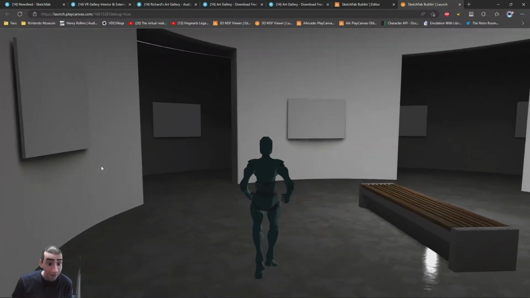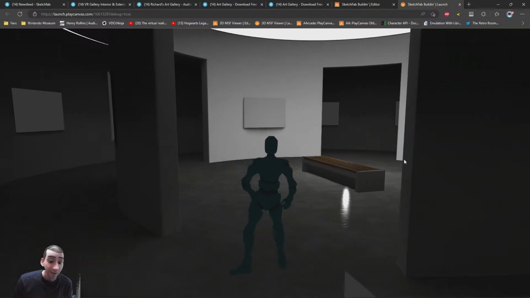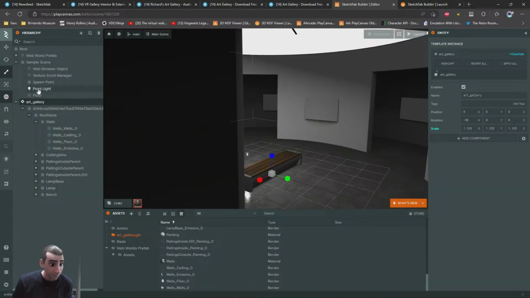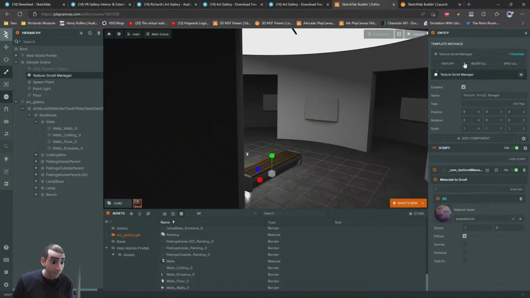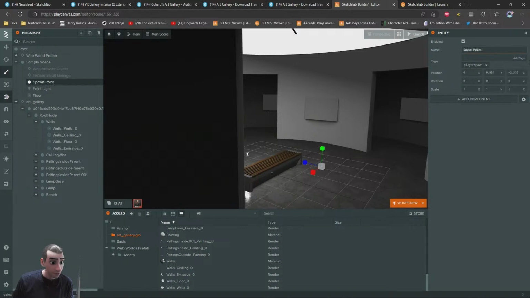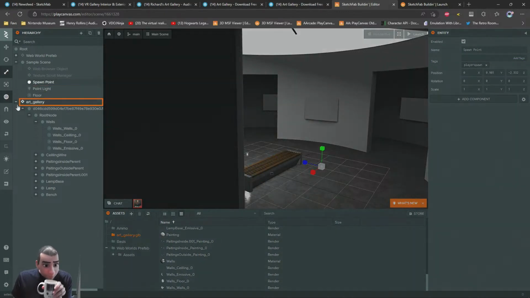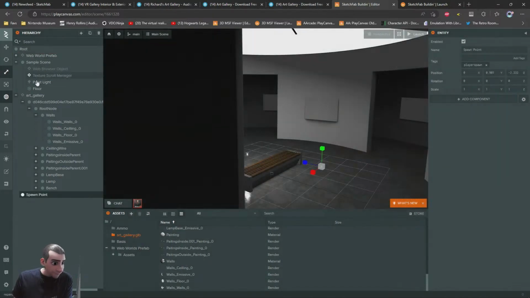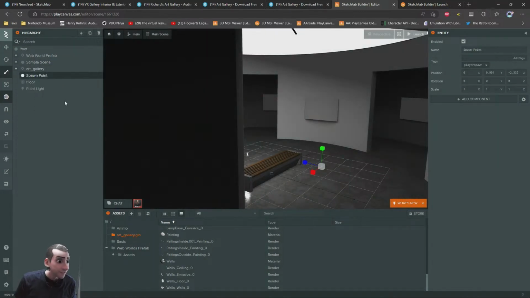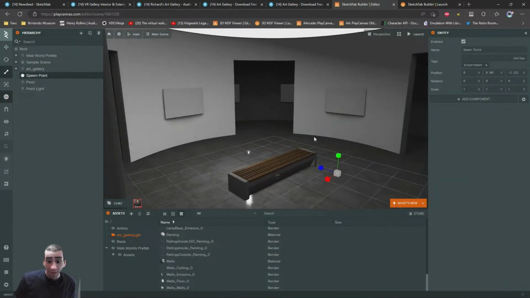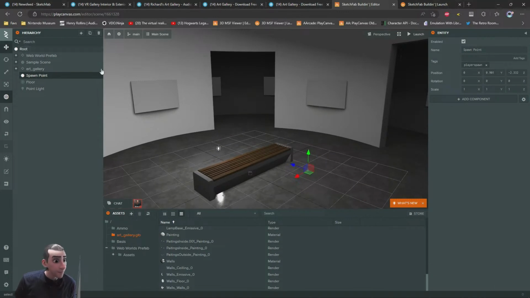Okay, now the lighting is baked into this, so I can remove the real-time lighting and do some stuff here. So, I'm going to hide the web browser object in the scroll manager. Move these things out there, and then I got the point light. The point light, so these things are no longer sample scene. I'm using these in my real scene now. The point light,